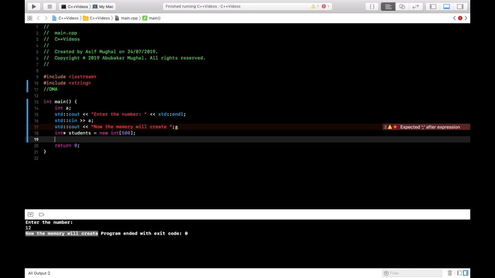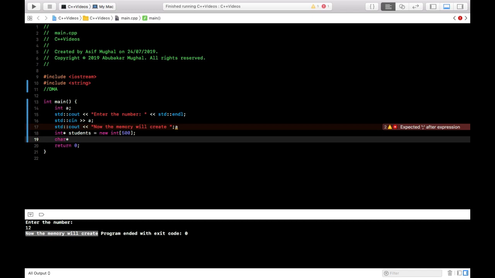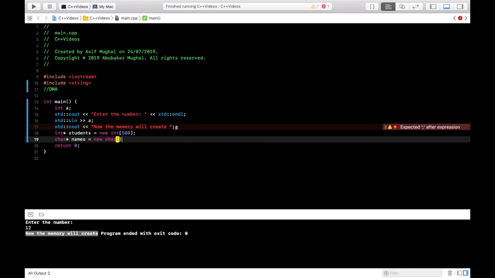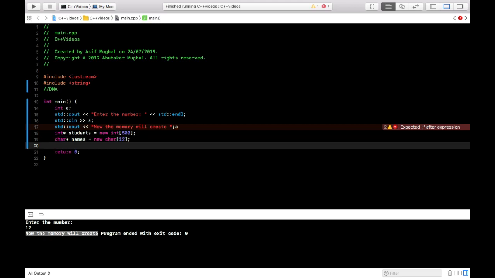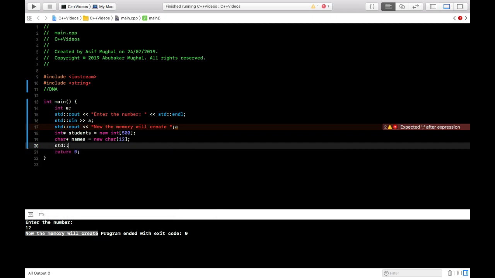You can now declare your character pointer names is equal to new character, and say 12. So you have 12 characters inside, or you can use this as a string as well. If I were to input anything inside this, I could use it as my input, because character arrays are